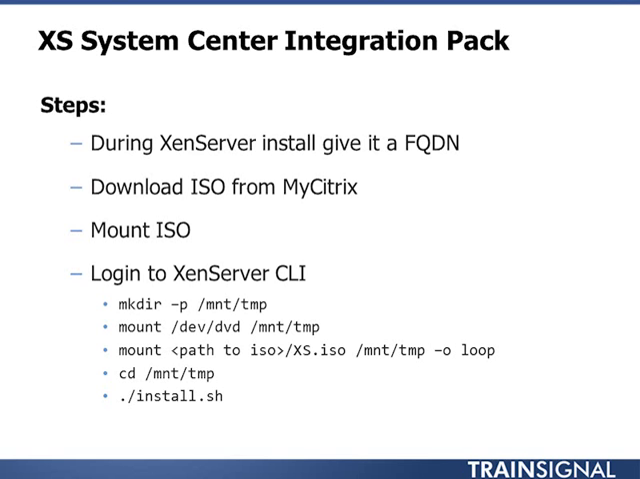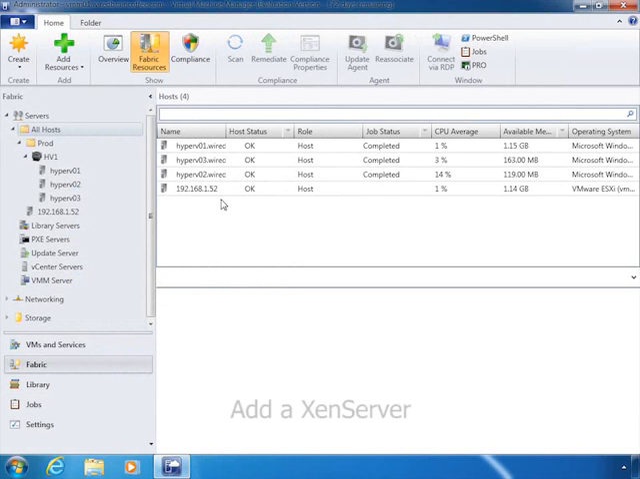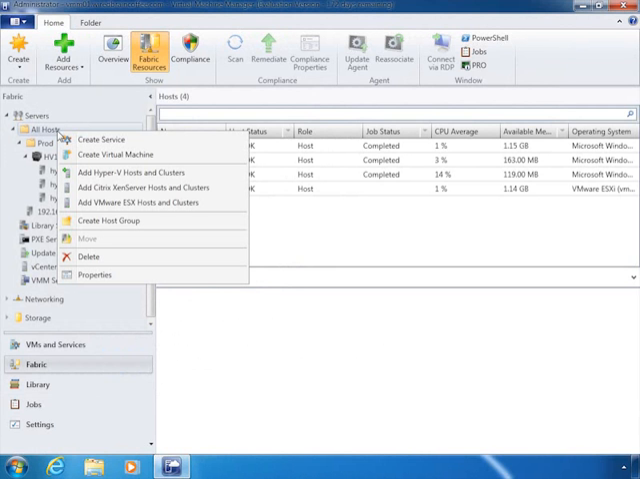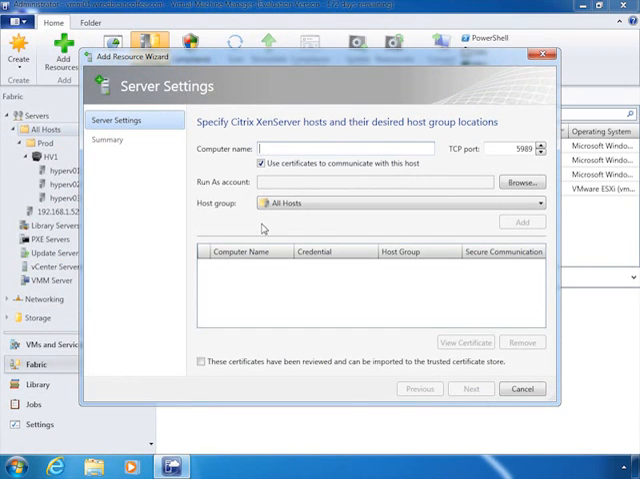Let me show you how you would add a Zen server into VMM. We're going to essentially do the same thing. We're going to add it onto the old host. So I'm just going to right click and we're going to come here to where it says add Citrix Zen server. And here what I want to do is I'm actually going to enter the name